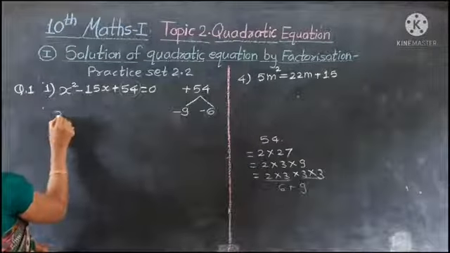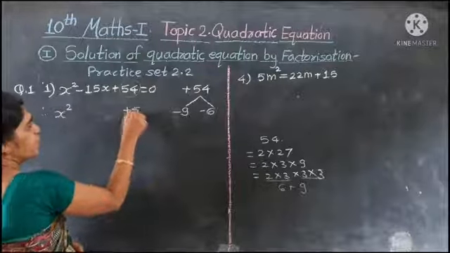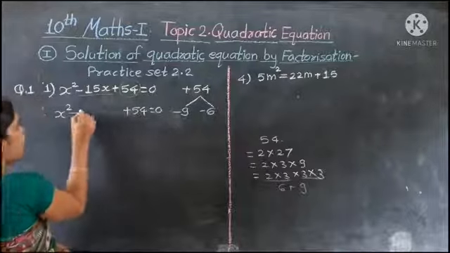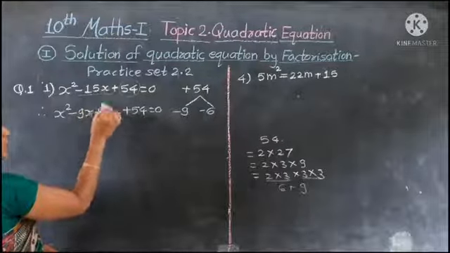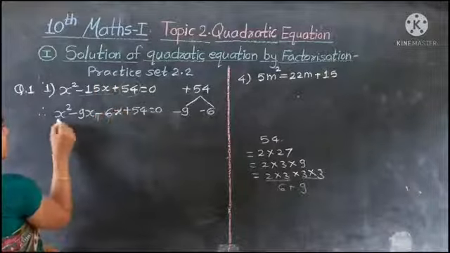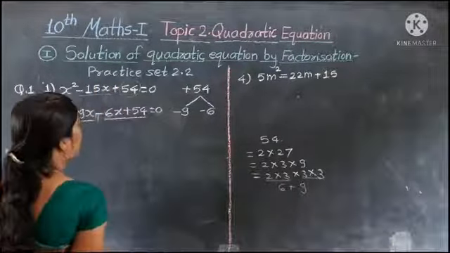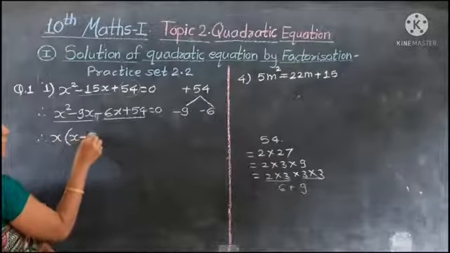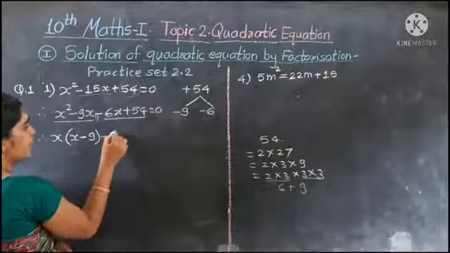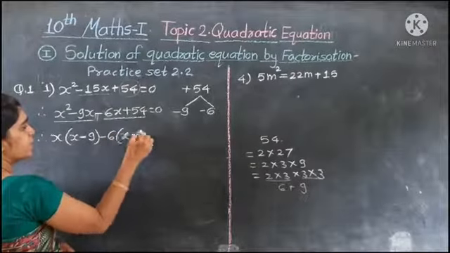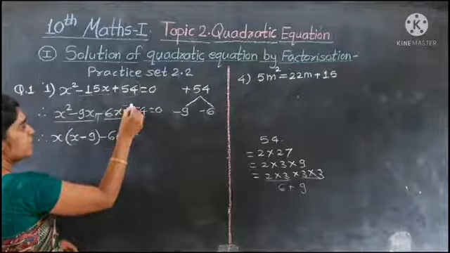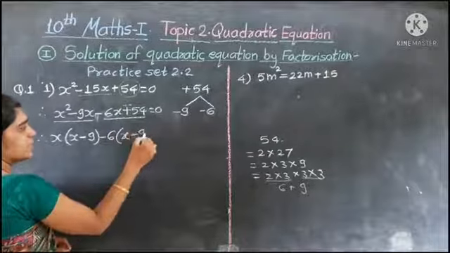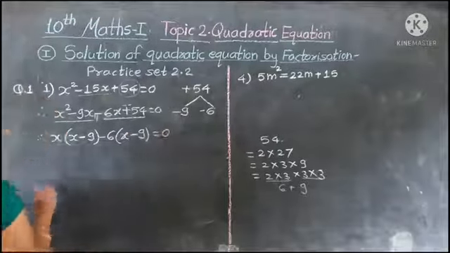So here you write x square and this 54 as it is. We convert this as minus 9x and minus 6x. Now you take groups. So in this group common is x. So what remains? x minus 9. Here minus 6 is common: x minus. Why? Because here plus means minus minus, so minus is taken common. So remains minus 6 9s are 54 is equal to 0.